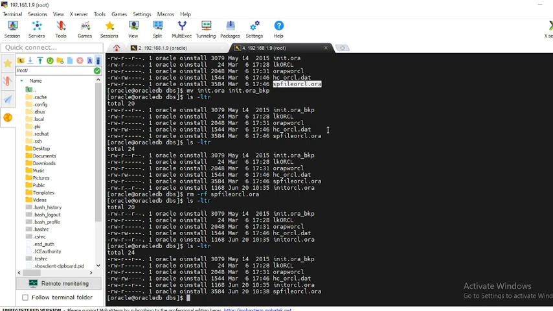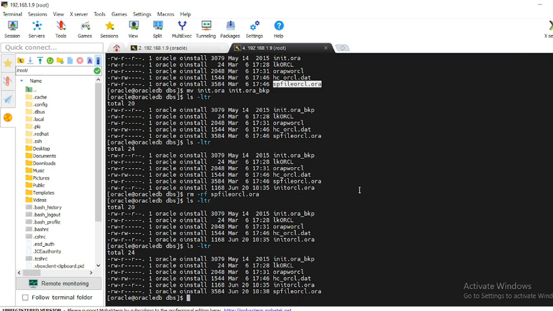In the interview, sometimes the interviewer will ask: suppose we have lost the spfile, we have lost the pfile, there is no backup of the parameter file, and we want to start our database. Our database has gone down, and now we are trying to start it, and it is looking for the parameter file, but it's not able to find it in the location. So that's why it's giving an error, and we don't have a backup of that parameter file. So how will we start the database? There is only one option where we can start.